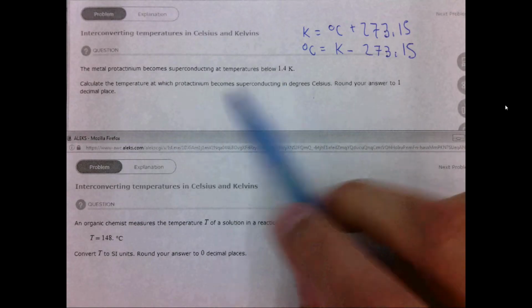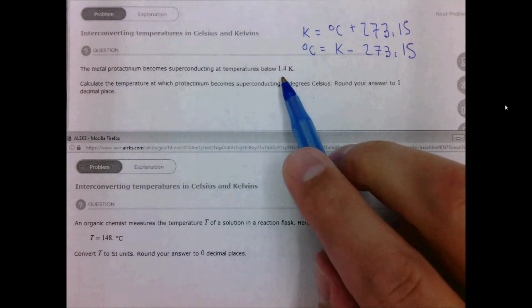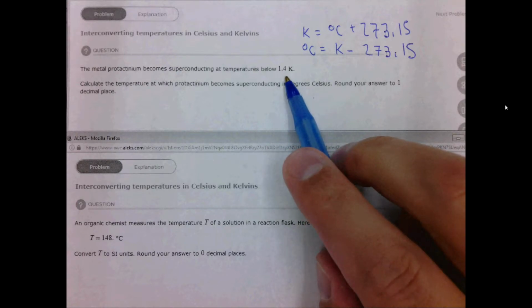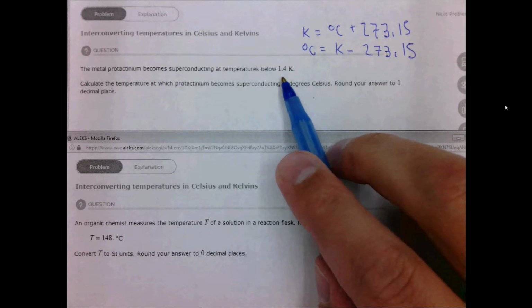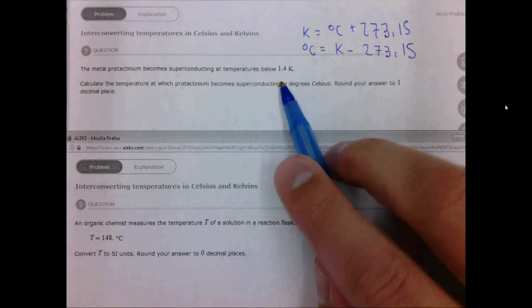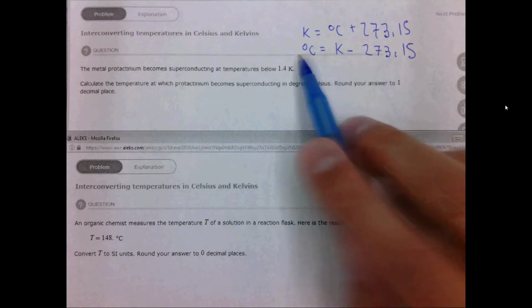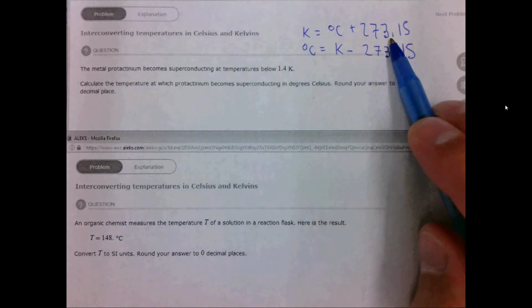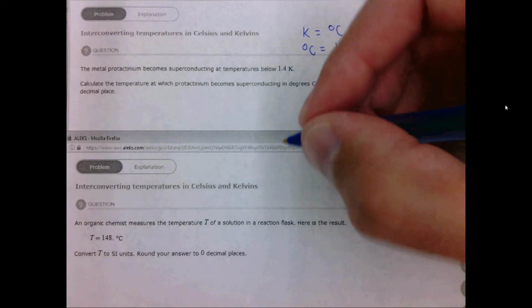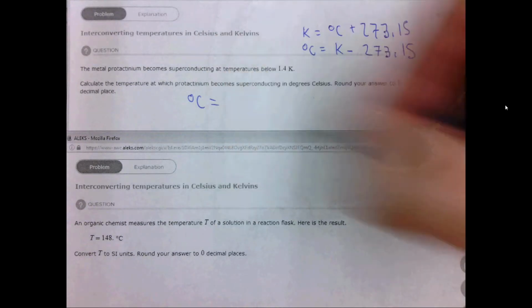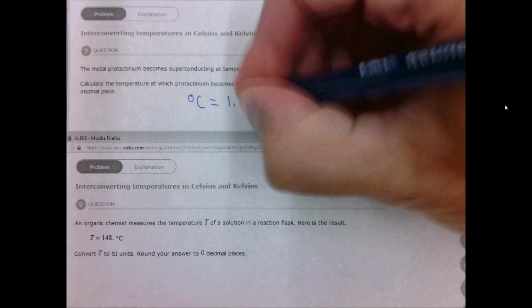In the first case, we want to know what the temperature in Celsius is for a Kelvin temperature of 1.4 K. This is very, very, very cold. This is just 1.4 degrees above absolute zero. So in this case, we are given K and we're looking for C, so we want to use the bottom equation. Of course, you could use the top equation and simply rearrange it as well, because they are basically the same equation. So in this case, degrees C equals K, which is 1.4, minus